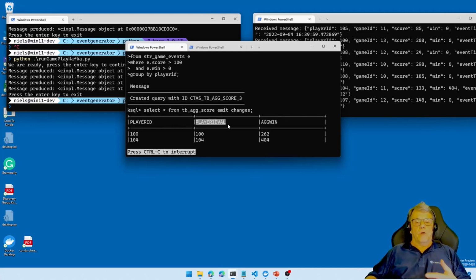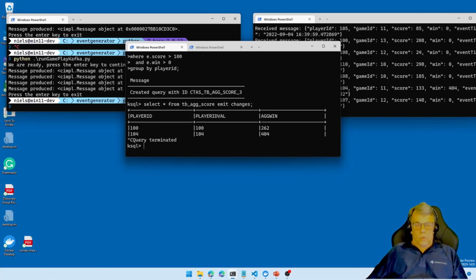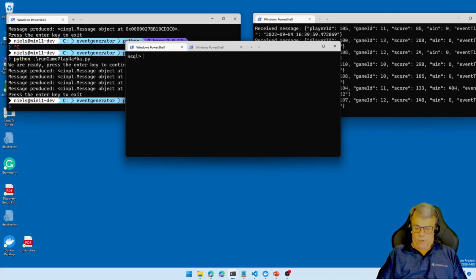So this is when we are reading it out from the table, but the table is now backed by a topic. Right? So actually, if I were to do this, we're clearing out, and then I'm saying print, the topic was, what was it called? Ag score.